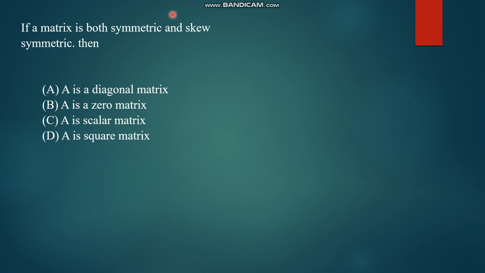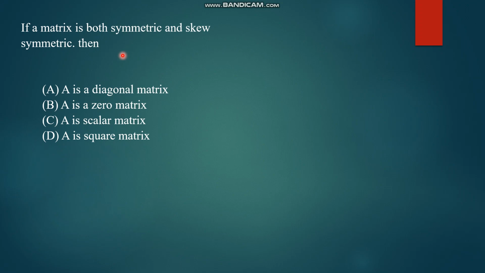You know that if a matrix is symmetric, then the transpose of the matrix is the matrix itself. And when a matrix is skew symmetric, when you take the transpose, the elements change with the minus sign. In a skew symmetric matrix, all the diagonal elements are 0. And there is only one number whose negative is the number itself. That number is also 0.